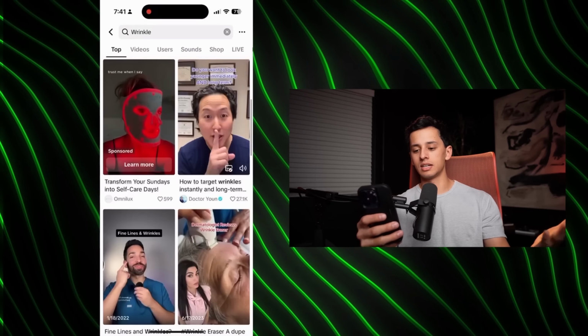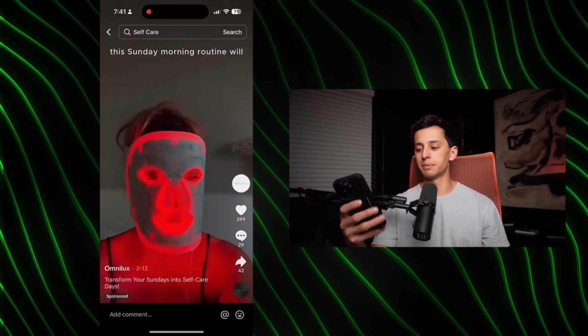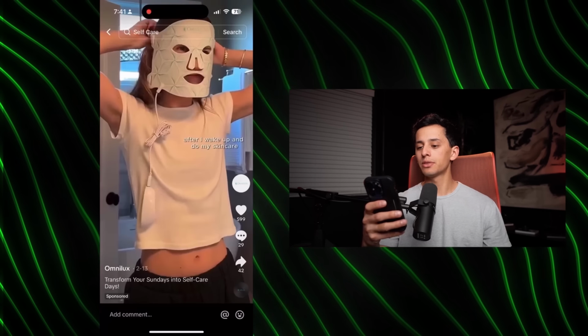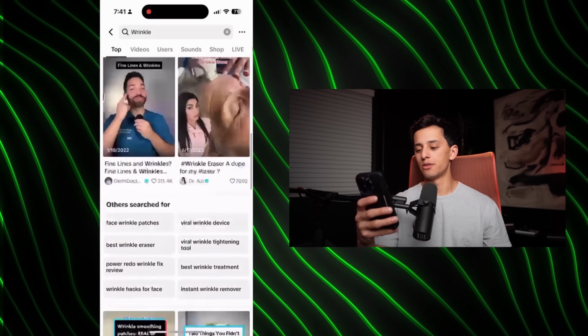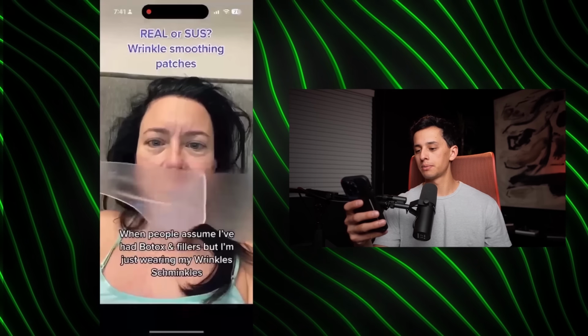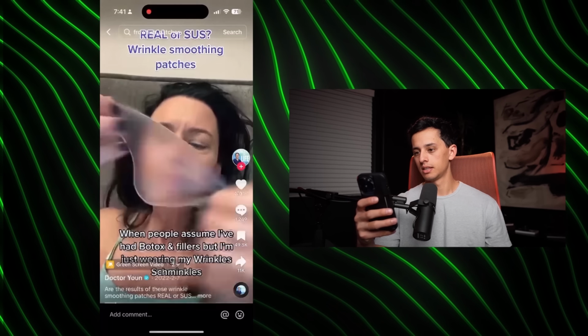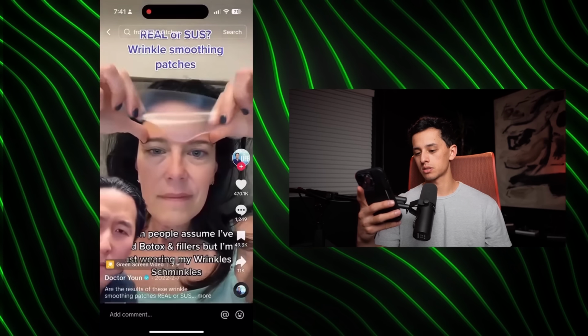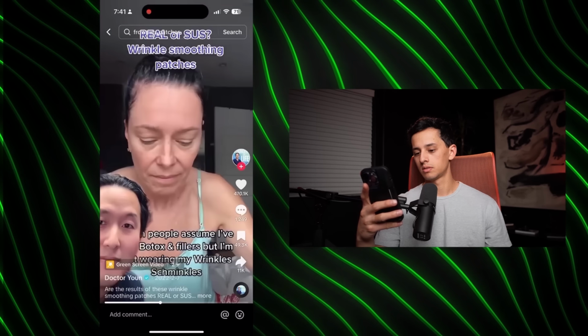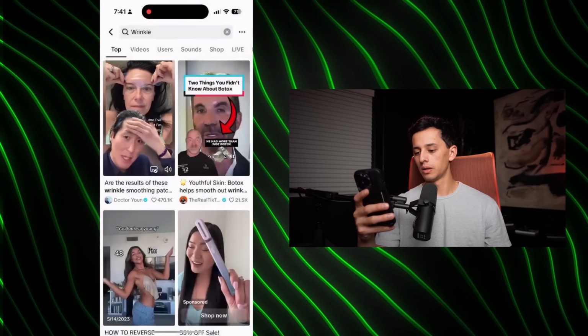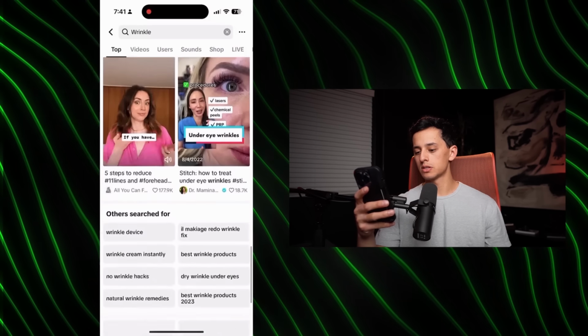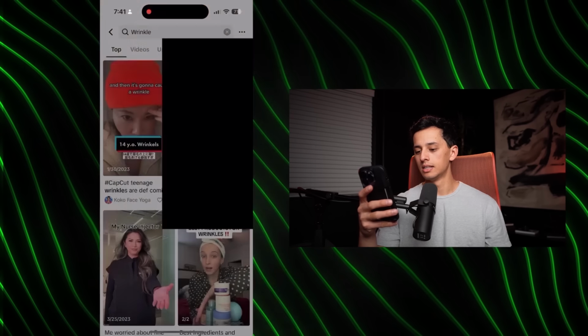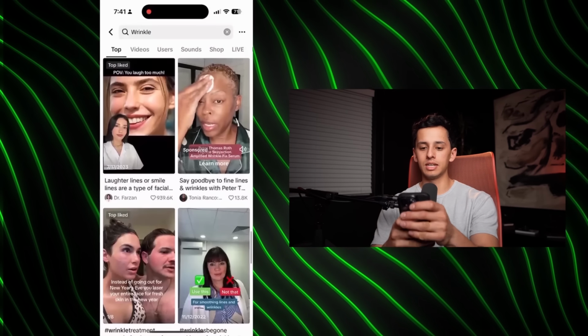So we're already seeing the light that I've been mentioning and been seeing in the last two methods. I don't personally want to sell a face mask light. I'd rather sell something like this. Let's see how this works. Seems to be working well. And so what we'll do is we'll just keep searching and finding different wrinkle products. We can even type in